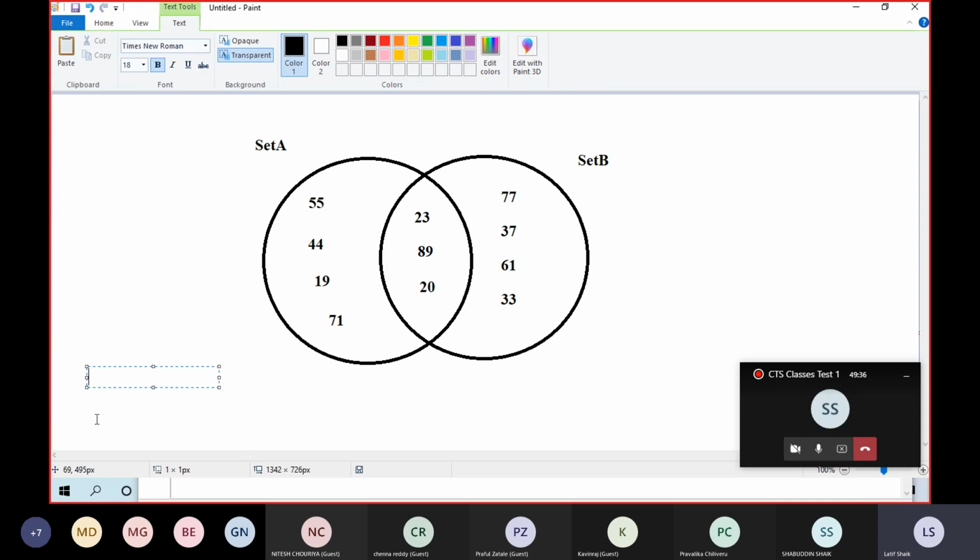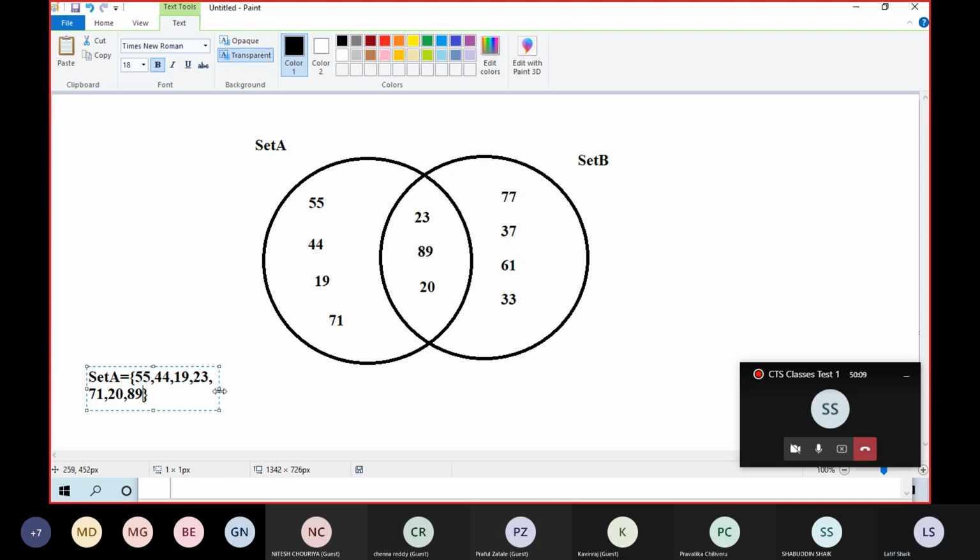So when you say, guys, what are the contents here? That we call the elements. Elements of set A. Tell me the total elements of set A: 55, 44, 19, 23, 71, 20, and 89 is also there.